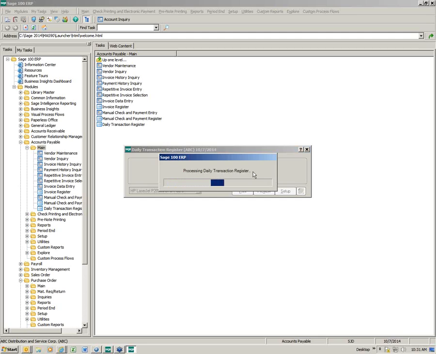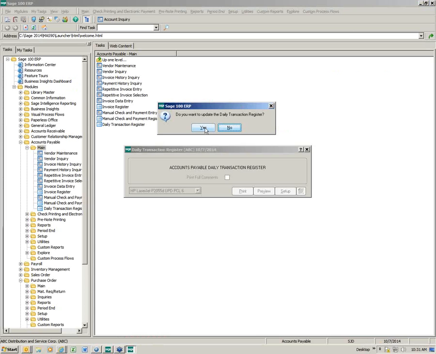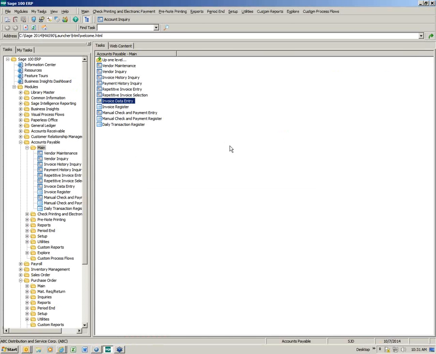Now I'm going to show you, most often your daily transaction register may be blank. Mine's not, because I have vendors from 2 different divisions, so I have 2 different payables is the way my system is set up. So otherwise, it's just a plain old debit and credit, and it may not even create a daily transaction register. So now, if I go back and I look at Container Corporation,